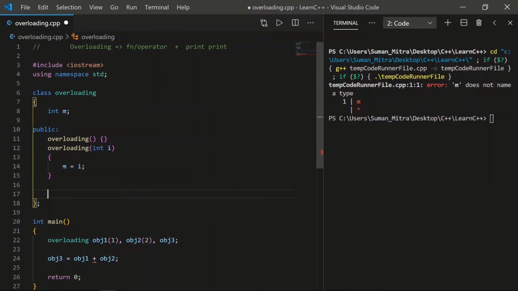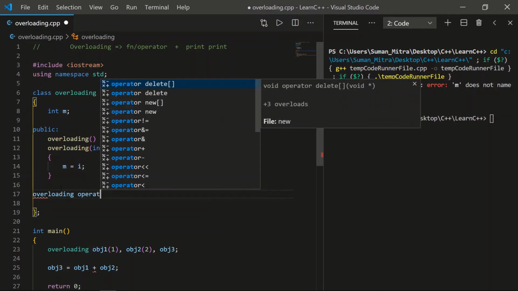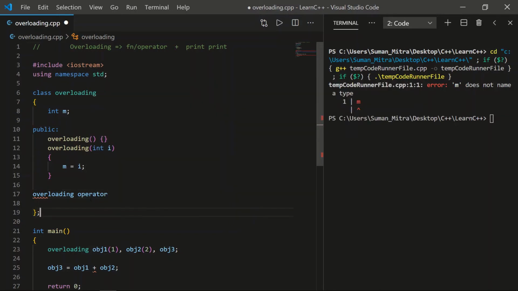We want to overload this plus sign, but the return type should be overloading because we wanted the value of m and it's inside the class. So we'll write the name of the class, overloading, and then the word operator, because we want to overload the operator.